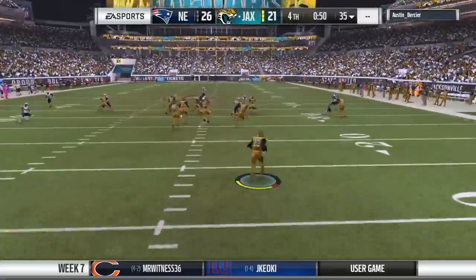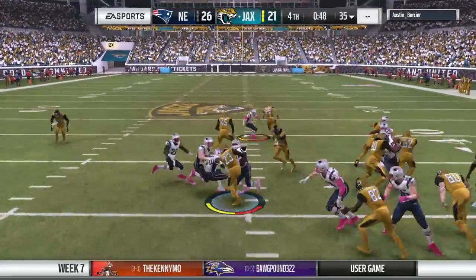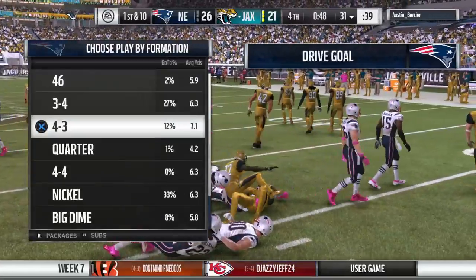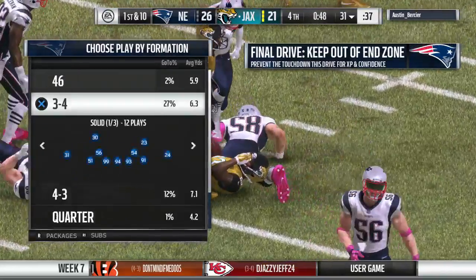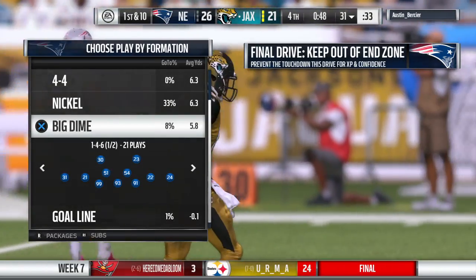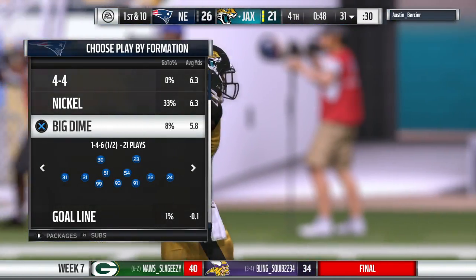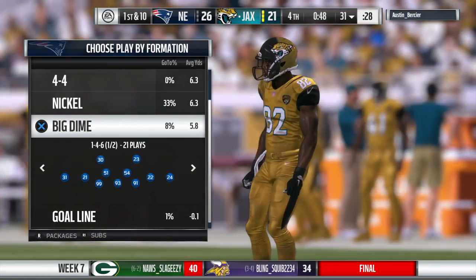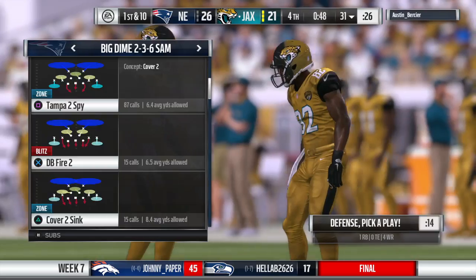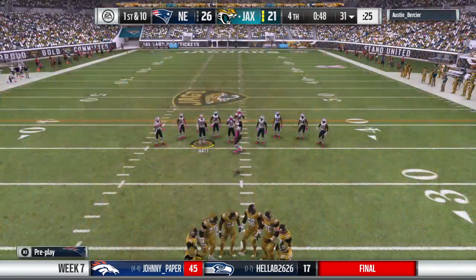This one fielded at the 5. And nice work on the return as they'll start their drive just past the 30-yard line. And out now comes Jacksonville as they get ready to go. They're down here in a one-score game, but the time, it's a factor, but it's not a huge factor right now, is it? It's really not, because this amount of time gives them a chance to run their offense, to go through play